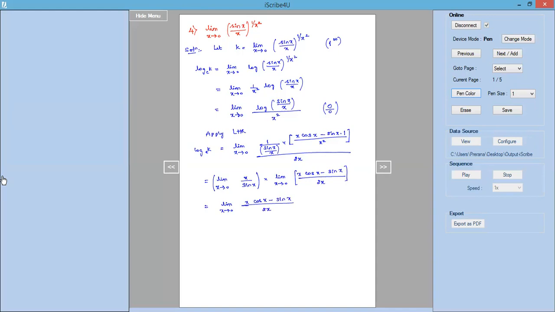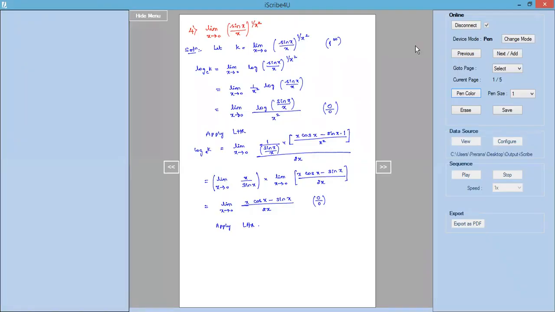At this stage, if I check the limit form as x tends to 0, sin 0 is 0, so we get 0 divided by 0 form again. So again it is an indeterminate form, and we need to apply L'Hopital rule. Sometimes it happens that after applying L'Hopital rule one time, we might not get the real value. So if we again obtain an indeterminate value, we need to apply L'Hopital rule once again. This can be repeated any n number of times to get the real value.